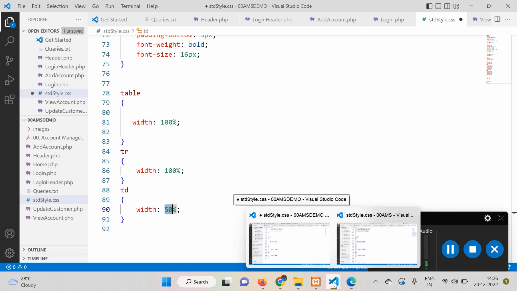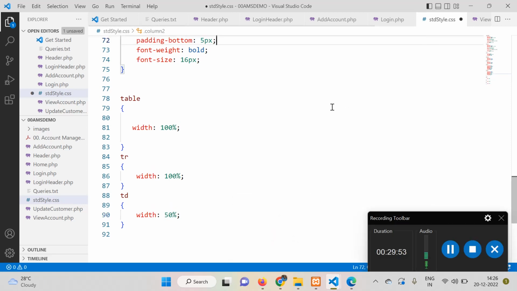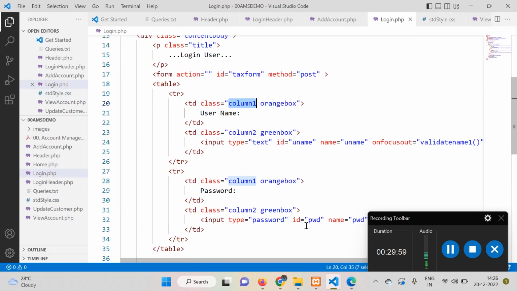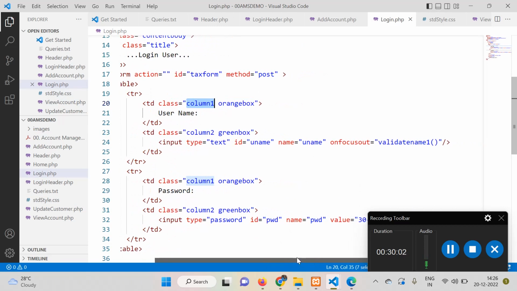So say styles. Okay. And here in the login page, we copied this one. You see that this is the input text box and input password button. And on focus out, I called one JavaScript. This is for what? Only we are selecting